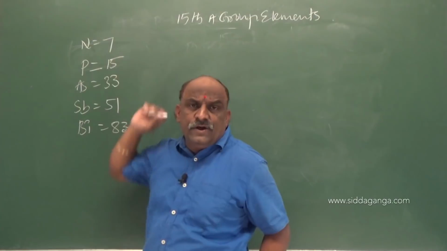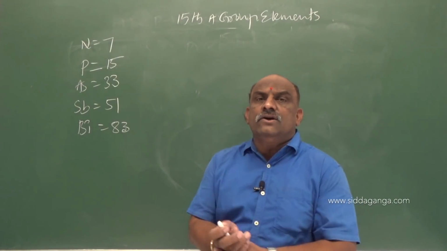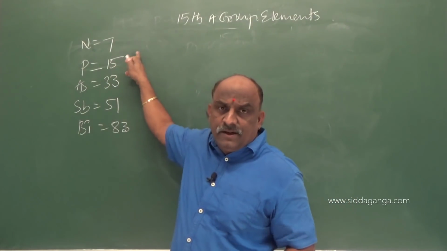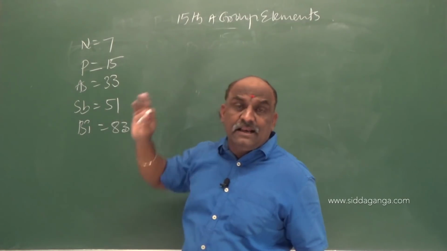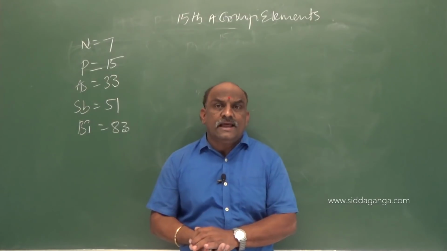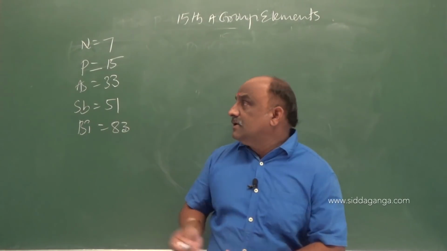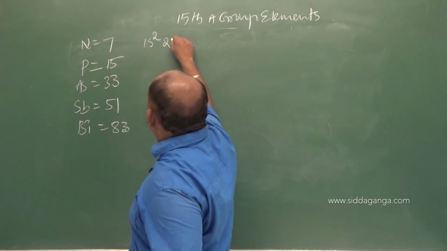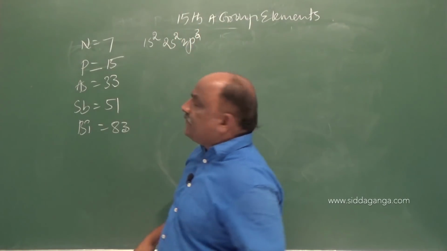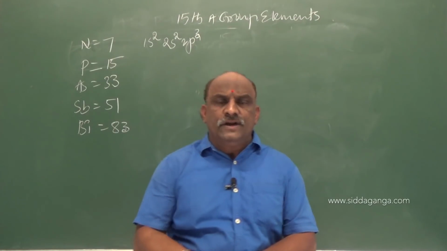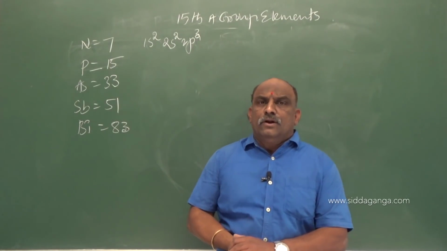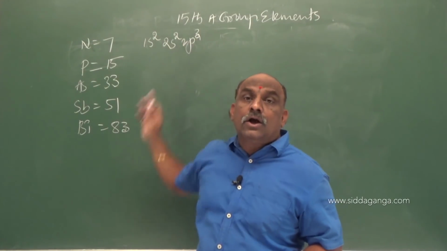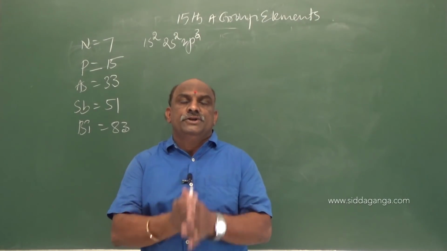So first we have to discuss the electronic configuration. After completing the electronic configuration, we can discuss the remaining properties, meaning the general characteristics of 15th group elements. Nitrogen has atomic number 7, and the configuration is 1s2, 2s2, 2p3. This is the simple electronic configuration of the nitrogen atom. In the ground state, a total of 7 electrons are present, so this is called the ground state electronic configuration.